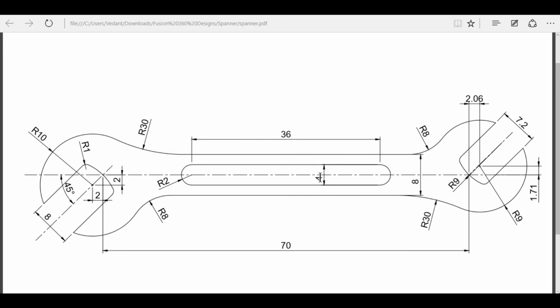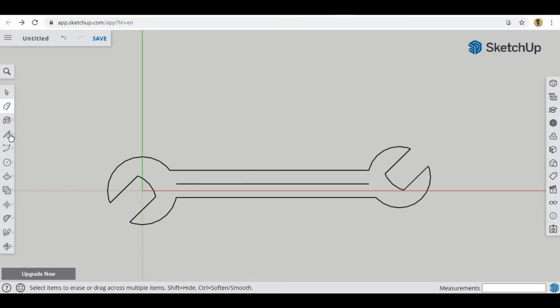Which is 4 millimeter apart, and the distance is 36 from the center of this curve to the center of this right curve. So firstly I will create a line. See, as I take the pencil command to this point, it becomes blue. It means that this is the midpoint or the center point.